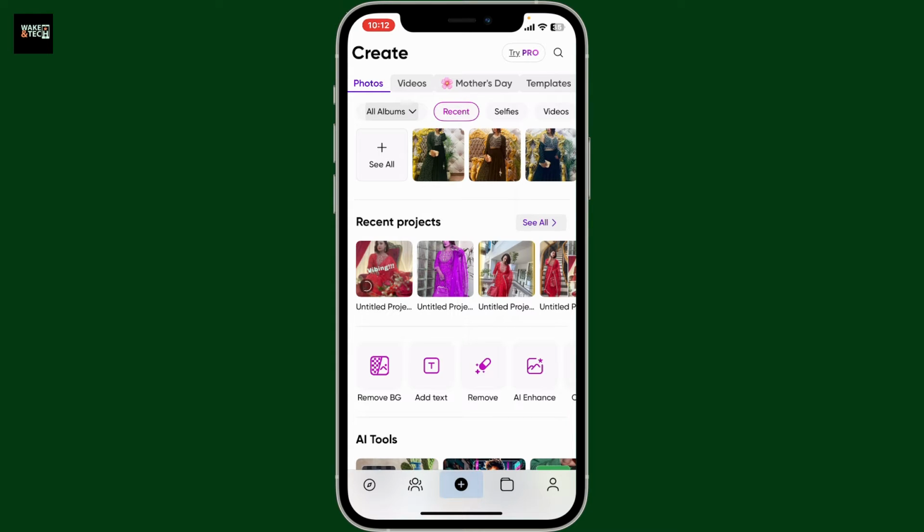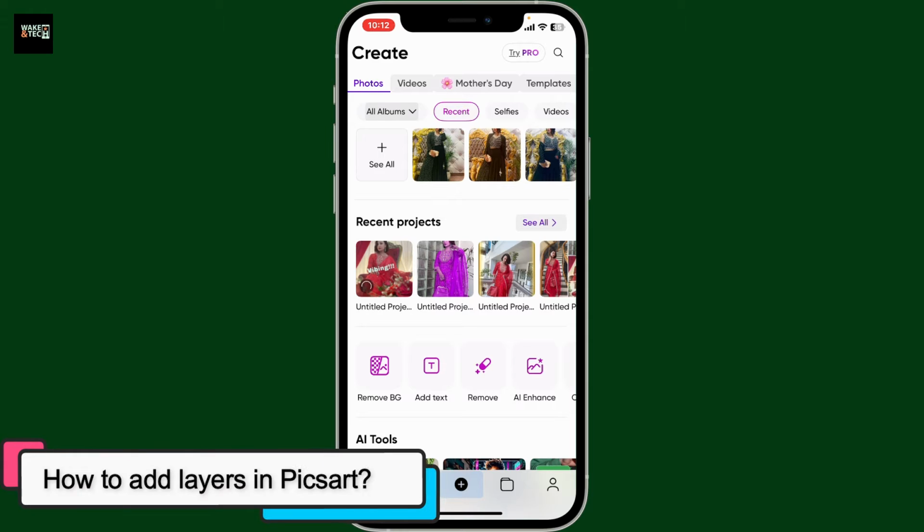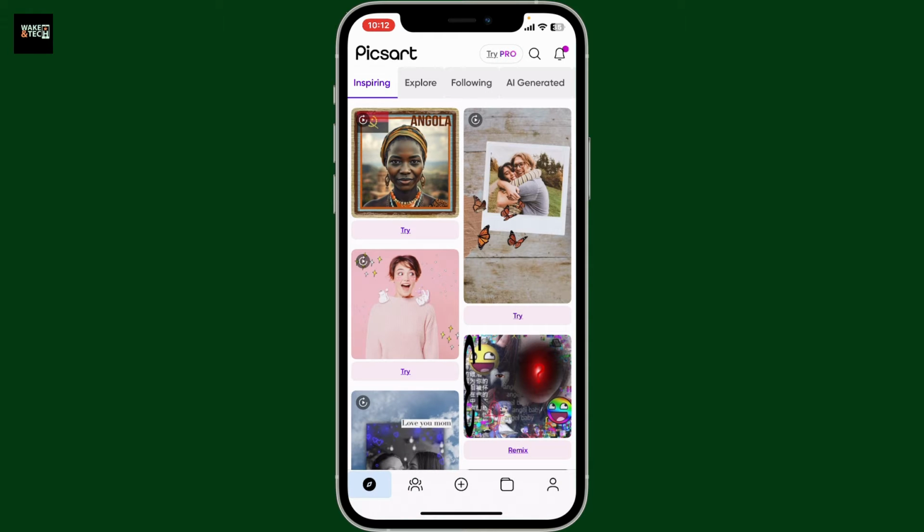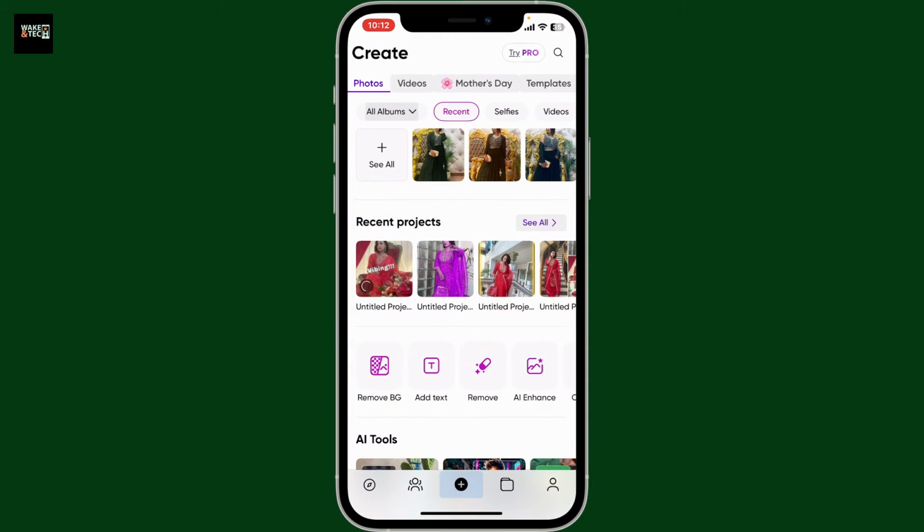Today I'm going to be guiding you through how to add layers in Picsart. To add layers in Picsart, first of all open up the Picsart application on your device. Once you're in the home page, tap the plus button at the bottom of the screen and then select an